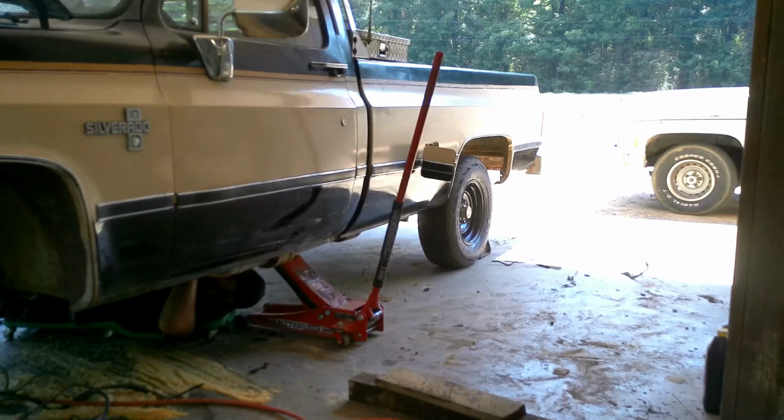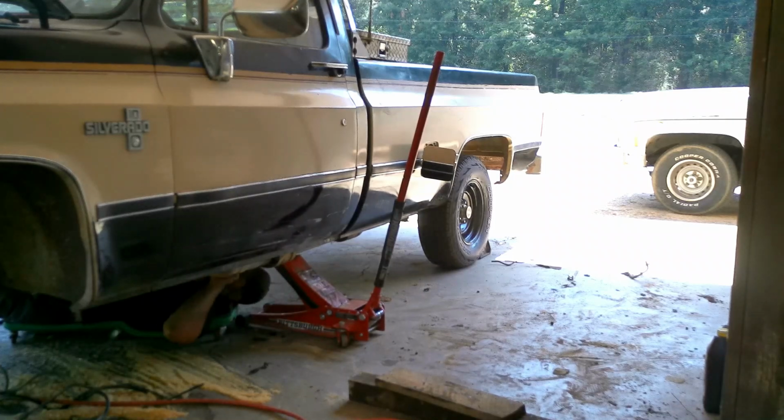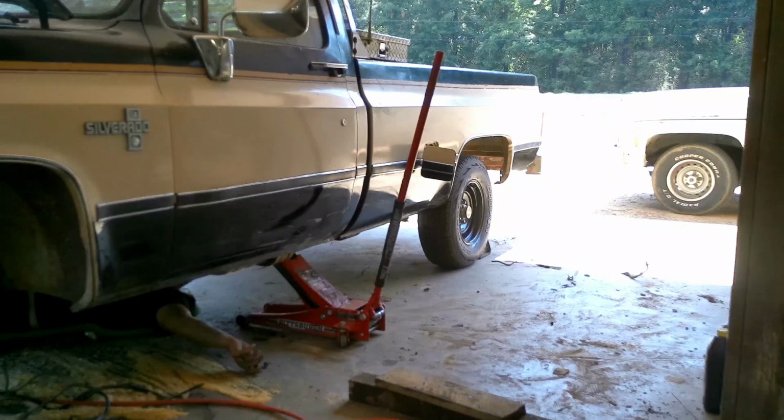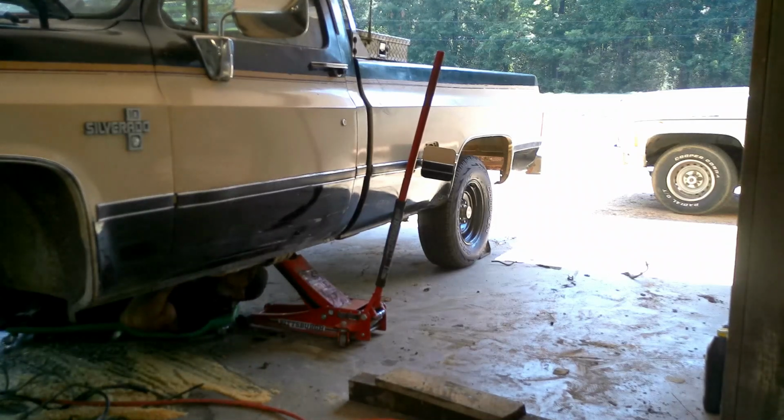Alright. Somehow or another, somebody decided to put the wiring for the rear, and then there we go. That's what I needed. That is exactly what I needed. We were on top of the wiring and we needed to be underneath of it. So now,